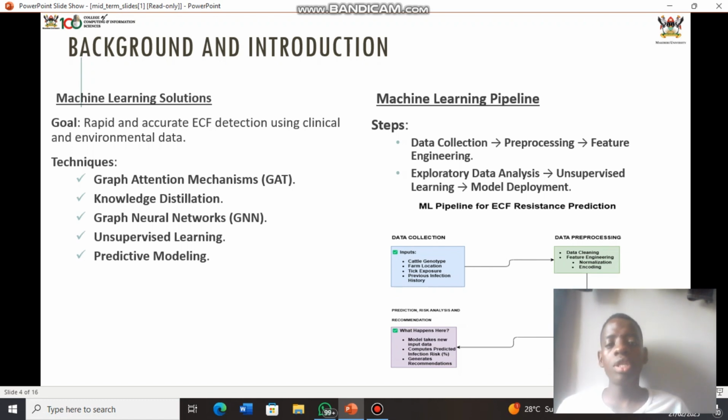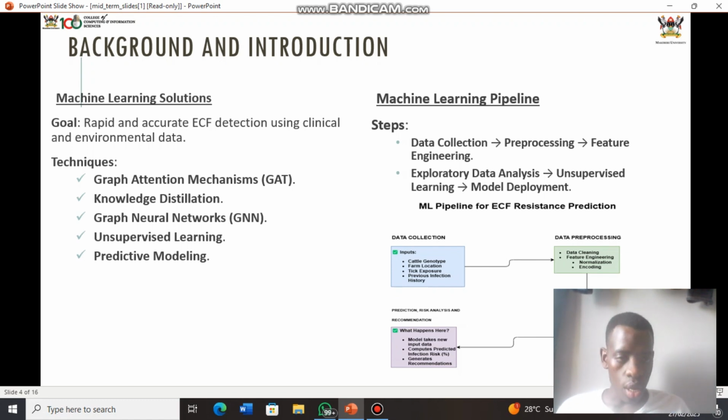We also did exploratory data analysis, which included heat maps and line graphs for different features. And we did the machine learning pipeline for ECF detection resistance. So we did some methodology here. For data collection, the inputs are the cattle genotype, the farm location, which I talked about as longitudes and latitudes, the tick exposure in the particular area using the cell location, and also the previous infection